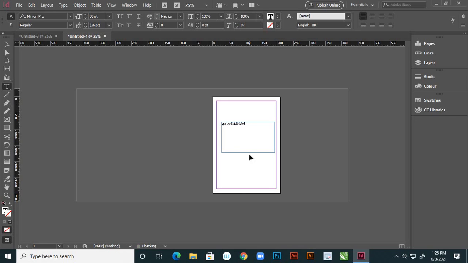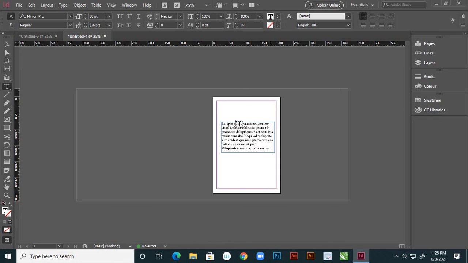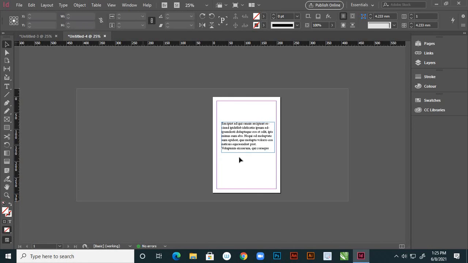Or otherwise you can use placeholder text. Just right click on that, and here, fill with placeholder text. This is my placeholder text. That means what? The dummy text. The placeholder text means, see, by default it is giving black, right?